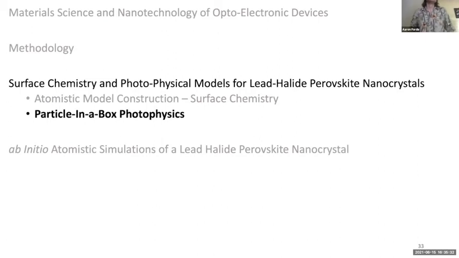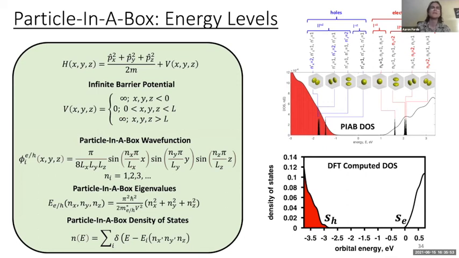And a common way to get a fundamental or simple grasp on the photophysics of quantum dots is these particle in a box models. I guess not theories, but just simple models to try to understand trends that occur in quantum dots. And so in the green panel, it's just an overview of typical particle in a box solutions that you'd find in a